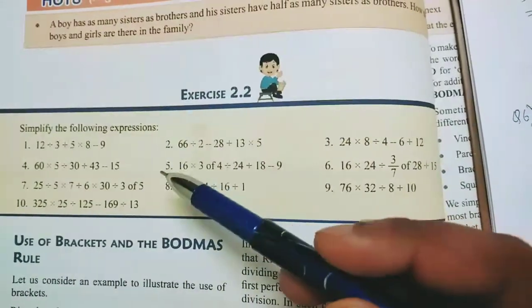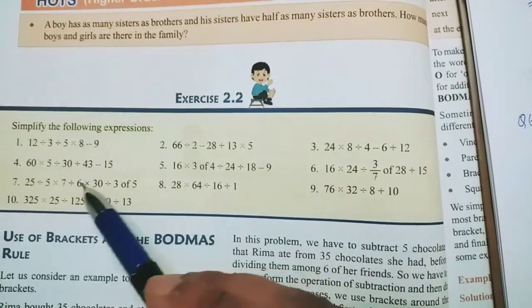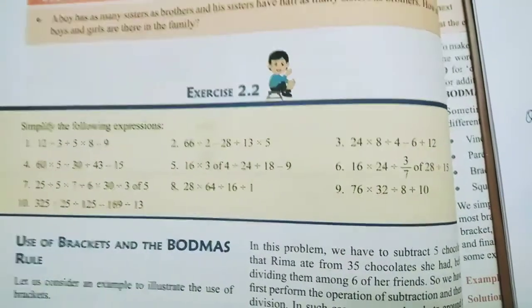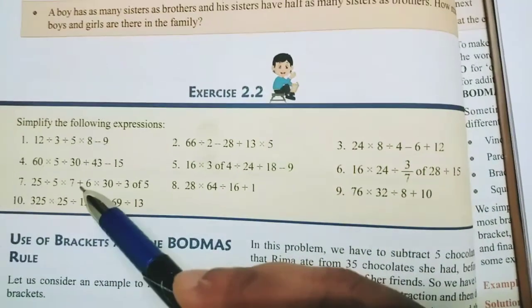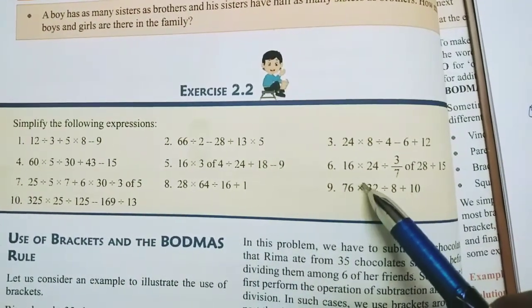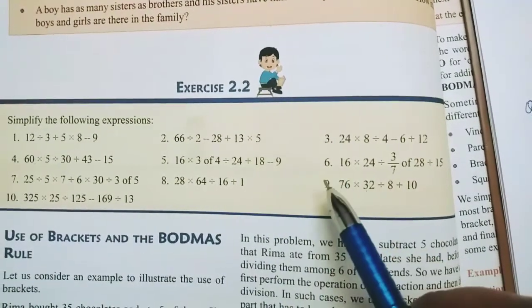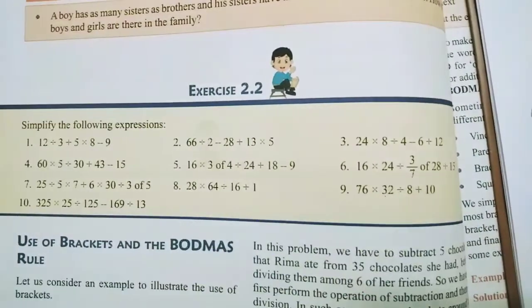So students, you can see here I have done the questions of off here and here. Again the question of off is given in question number 7. So you try this at home, and the rest of the questions are the same as the questions of exercise 2.1. So I hope you can do it by yourself. Understood? So thank you.